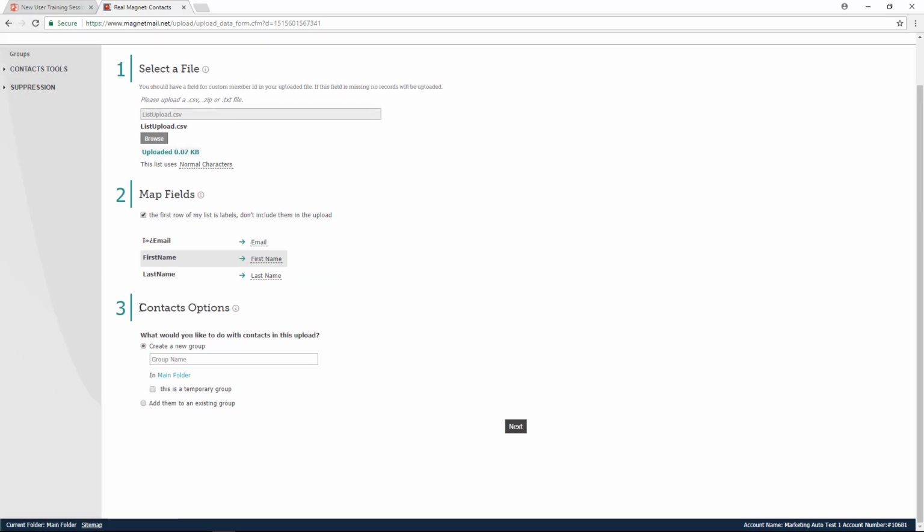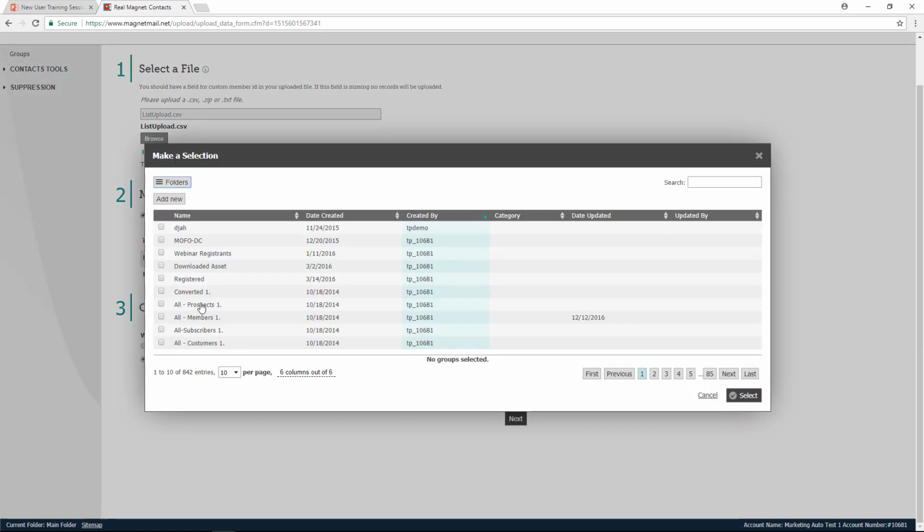Once you're done, you'll go ahead and tell the system what you want to do with those individuals underneath Contacts options. We can create a new group to store these individuals in, or we can add them to an existing group. To add them to an existing group, you'll select that option, click on Select Group, choose your group,